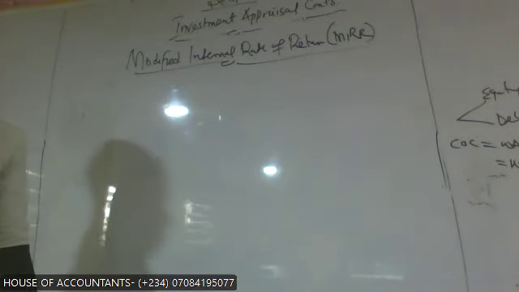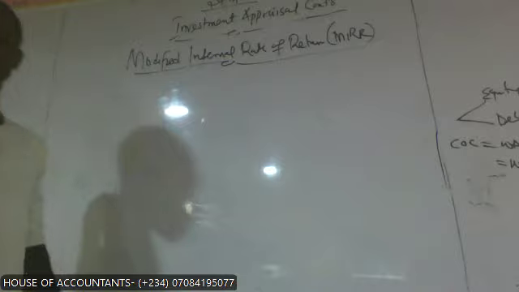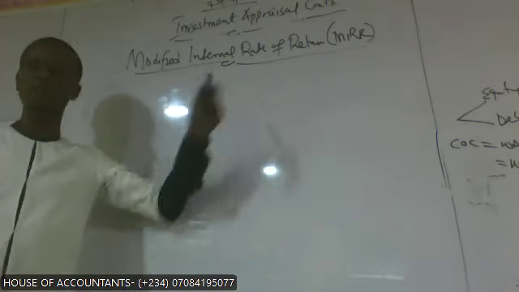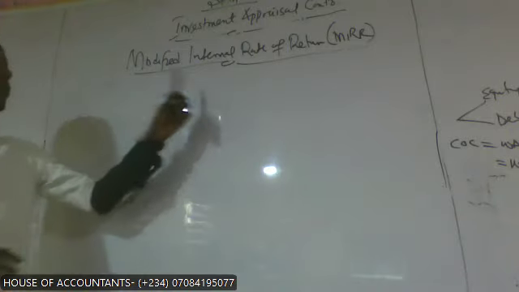Sorry, can I explain this one? Indirectly, I've explained. Okay, so that is modified internal rate of return. It's an adjustment on the normal internal rate of return that we have. And because of the assumption,